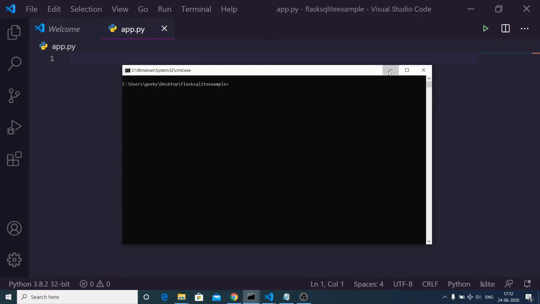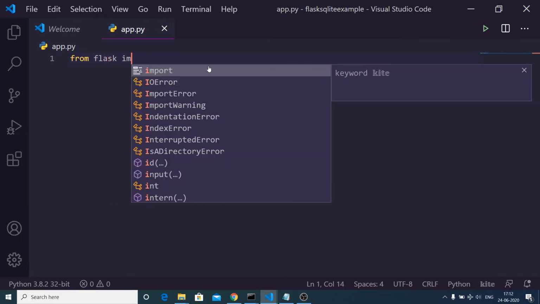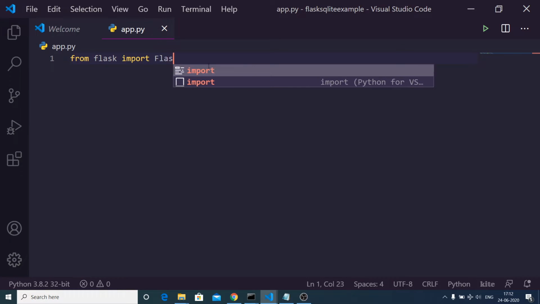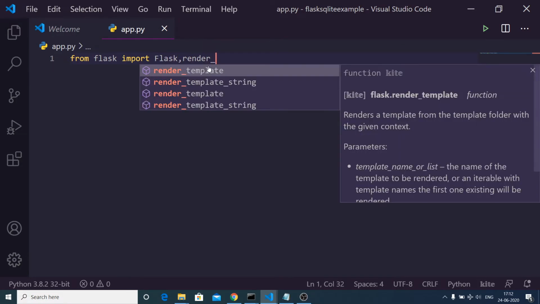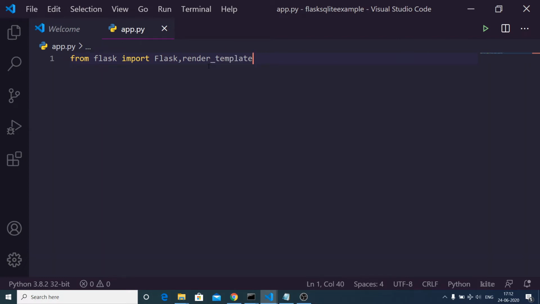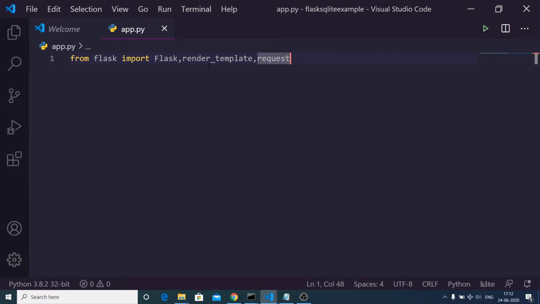That's it. Now first of all, we need to import Flask. From flask we need to import the Flask class. The second will be render_template, with the help of which we can include HTML templates inside your application. And the third one is request, so we can make a GET request and POST request.